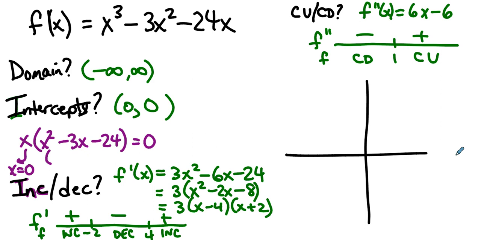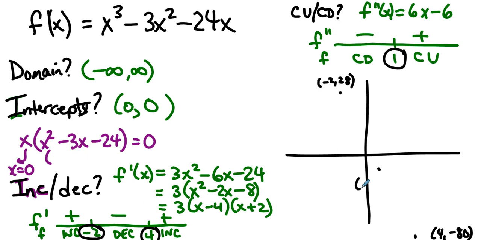So what does this mean? Well, we would want to take a moment to see what the y value is at negative 2 and the y value at 4 and the y value at 1. Now, this gets very dicey. At x equals -2, the function is way up here at 28. And at x equals 4, the function is way down at -80. And at x equals 1, it's at -26,